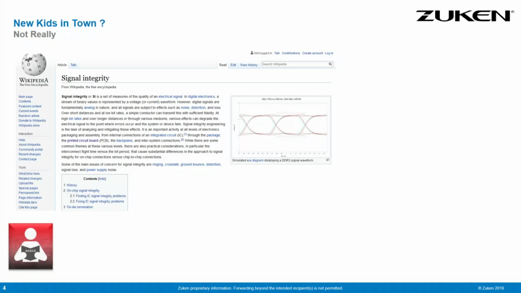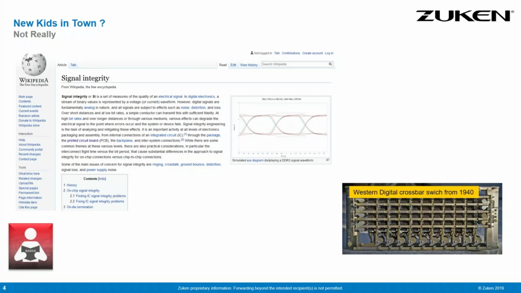So you may ask yourself, is signal integrity analysis anything like what we call the new kids in town? Not really. Signal integrity has been around for quite a while. Depending on how far you look back, you can look back more than 70 years, where we had these old